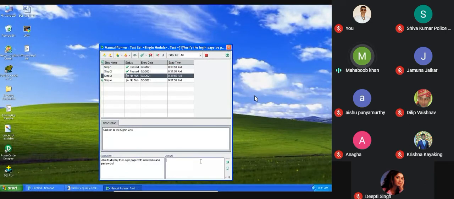So when I try the username, I am now able to see and display the login page. Now I am marking pass. Now valid username and valid password.